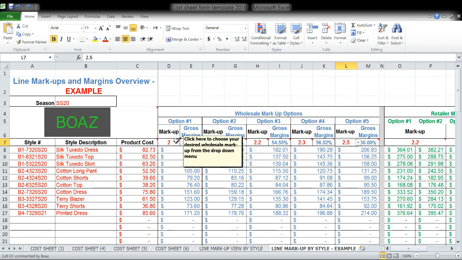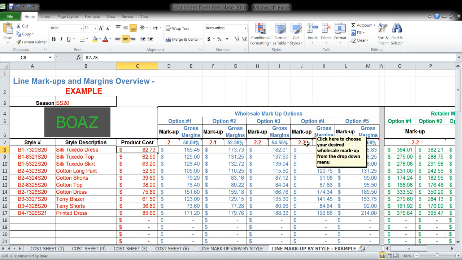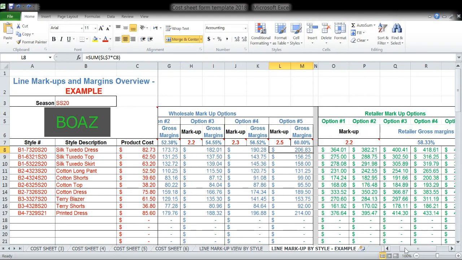So once I choose a markup, it gives me a wholesale price based on this markup and the cost that I entered here. And it also automatically gives me my gross margins for this markup. Okay, so again, blue I'm not touching. It will automatically calculate it for me. So for example, if I'm looking at this dress and the cost is 82.73, and I have now 5 different scenarios of wholesale markup, and I can see what the prices would be,